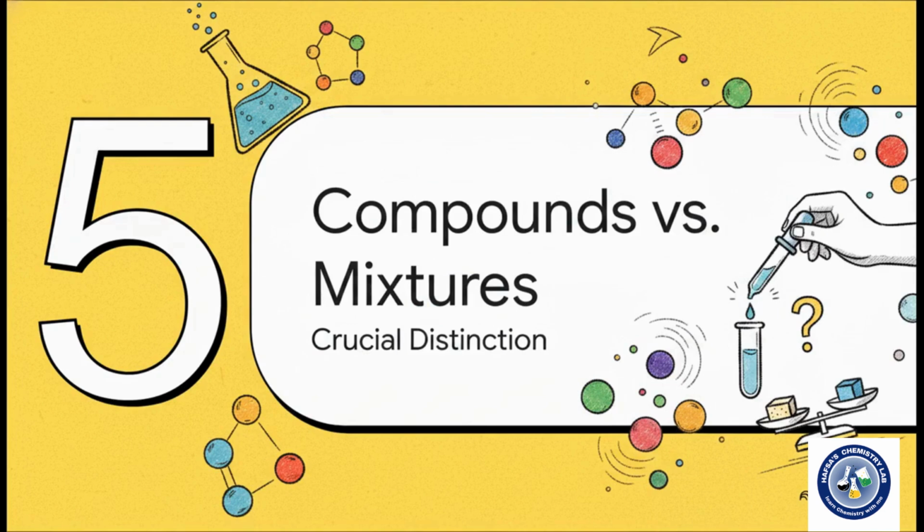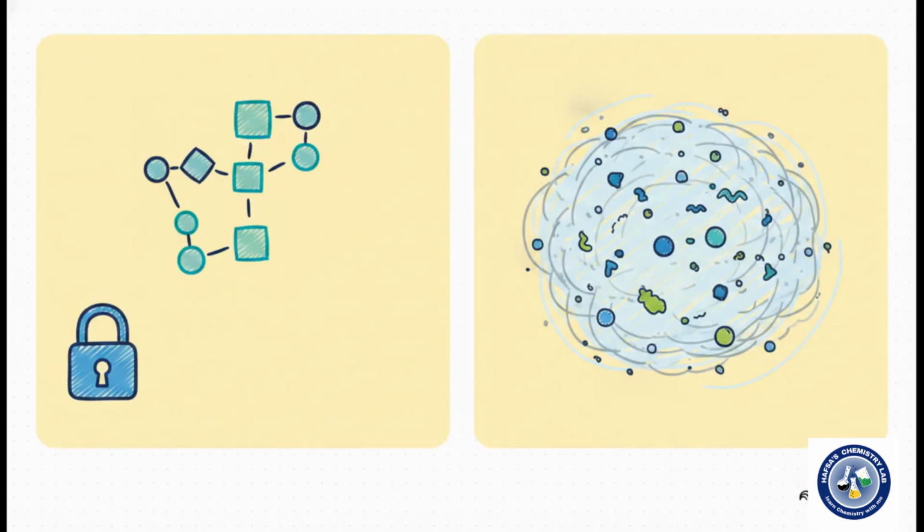Now, let's talk about where things can get tricky in Section 5, Compounds versus mixtures, the crucial distinction. As junior staff, this is exactly where you need to be exceptionally careful to avoid some of the most common fundamental lab errors. You absolutely must clearly distinguish between compounds and mixtures. Compounds, like the H2O and CO2 we just talked about, have a fixed composition. Their elements are chemically combined, and they rigidly obey the law of definite proportions.